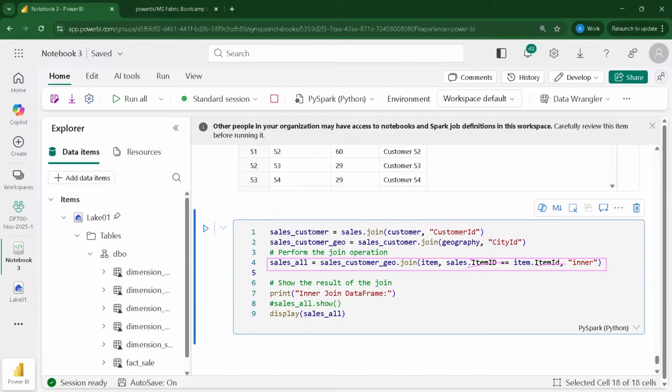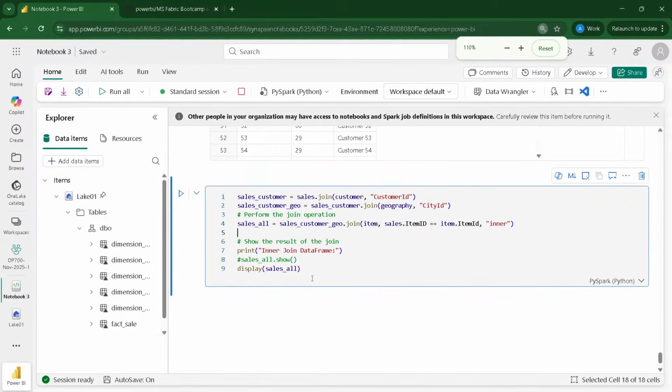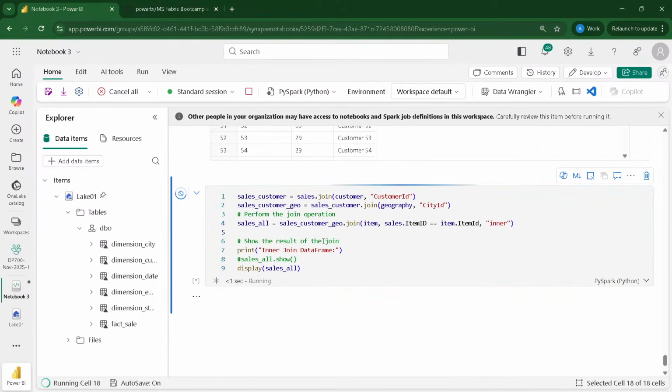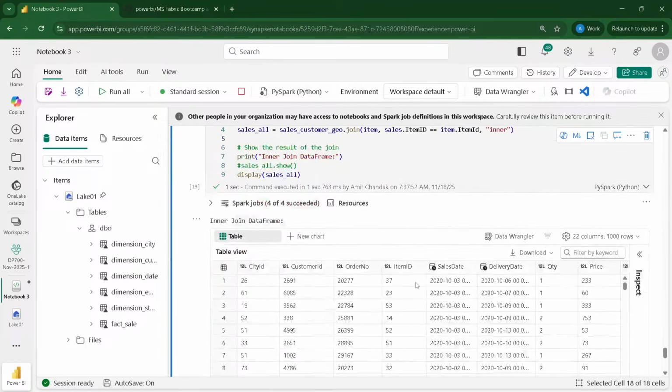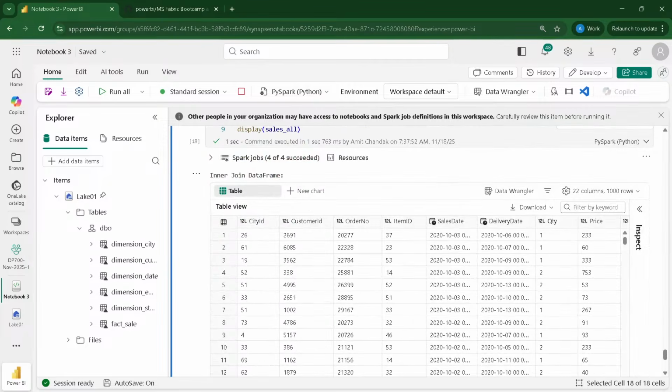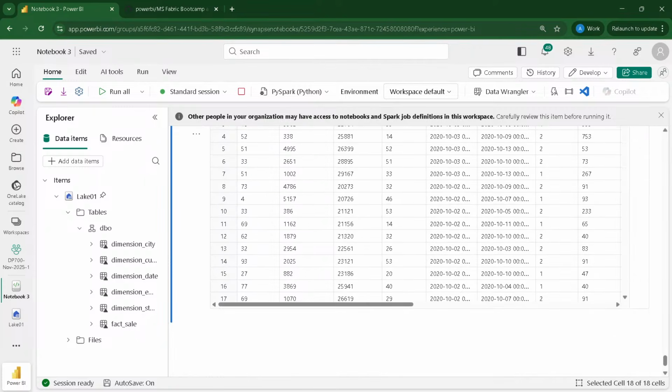So join with item with a condition sales.itemID equals item ID, and I'm doing an inner join, and I'm creating the sales all data frame where I have everything. It will have a duplicate column problem. Now I got a combined data frame. I would like to analyze this.